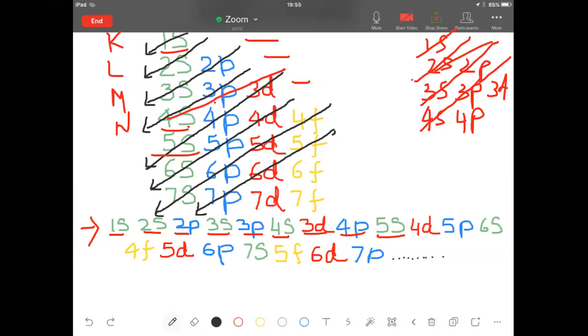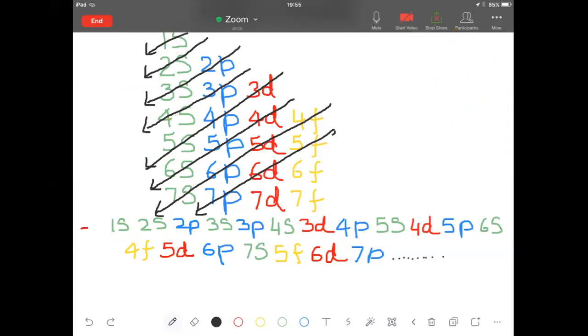Now there is one more thing that you need to understand, that how will I know which energy level should be filled up first? If suppose the Aufbau diagram is not in front of you, then there is another method by which you can find out actually how the electrons will be filled up in the shells. Now that is called the N plus L rule. Now N stands for the principal quantum number and L stands for the azimuthal quantum number.